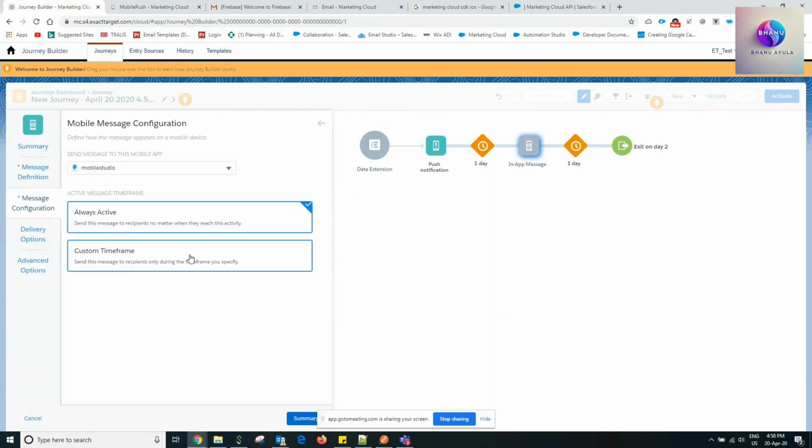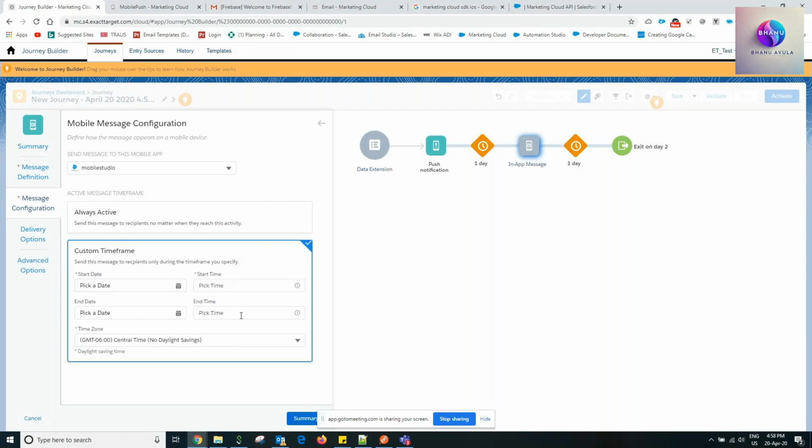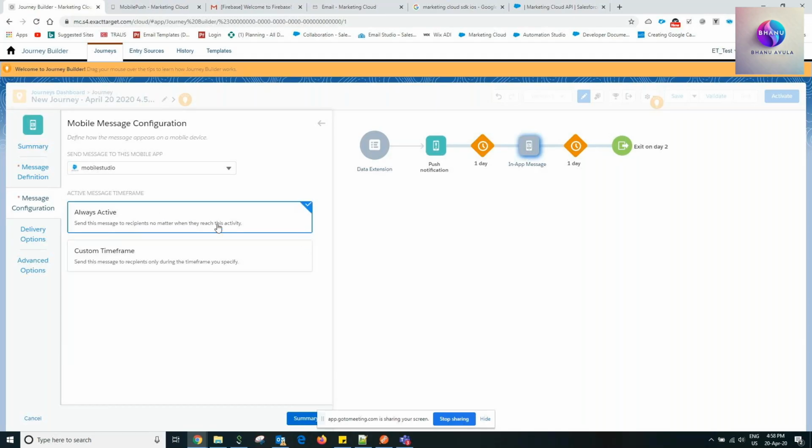So this is either always active. That means whenever a person opens it, this would come, or maybe at a specific time. Whatever time frame the customer wants, we can give it. So this in-app message, as I said, is always active, and always pops up when a person is using an application. So once this is done,